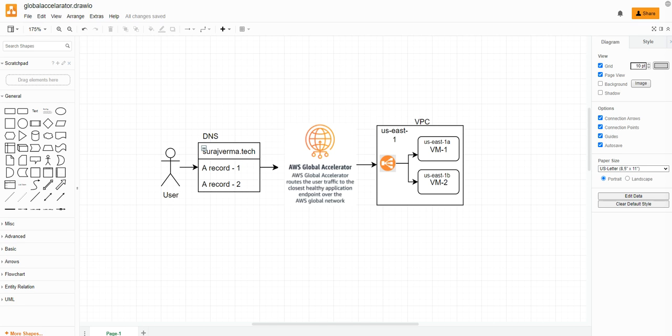Now, if you have your current environment where you want to use it, you can definitely go with it. It is very easy to implement AWS Global Accelerator in your current environment, while creating the environment or after you have created the environment also. You can set it up in your environment. Now there is one implication behind this.